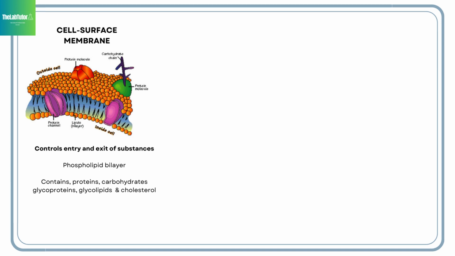cells. It's made up of a phospholipid bilayer, with phosphate heads which are polar and hydrophilic on the outside, and fatty acid tails which are nonpolar and hydrophobic on the inside. Within the bilayer, there are proteins such as structural proteins, carrier proteins, and channel proteins. There are also carbohydrates, glycoproteins, and glycolipids, which function as receptors, and cholesterol, which helps to increase the fluidity of